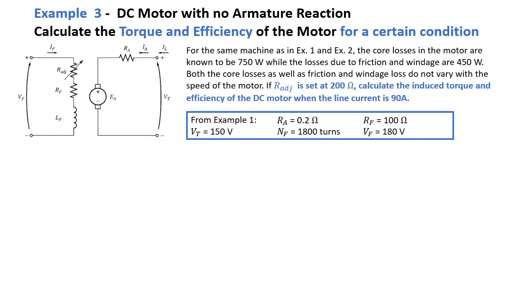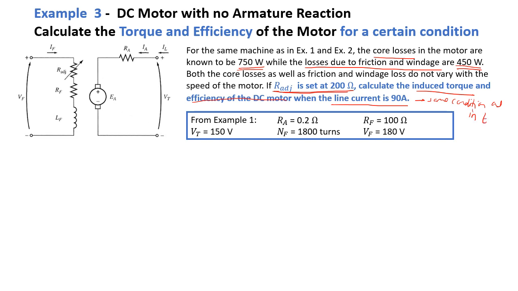But the extra information that we need to calculate torque and efficiency is the core loss, which is given here as 750 watts, and the loss due to friction and windage, which is 450 watts. So we're going to calculate the induced torque and the efficiency of the DC motor with our adjustable set at 200 ohms and a line current of 90 amps. So this is exactly the same condition